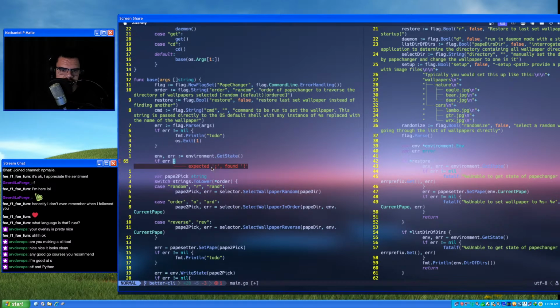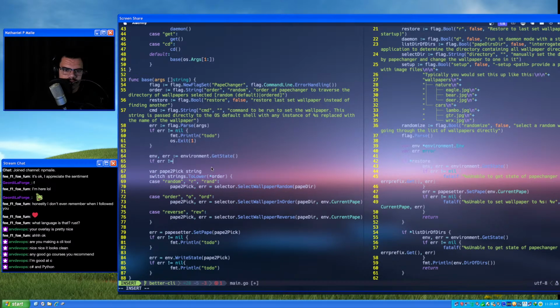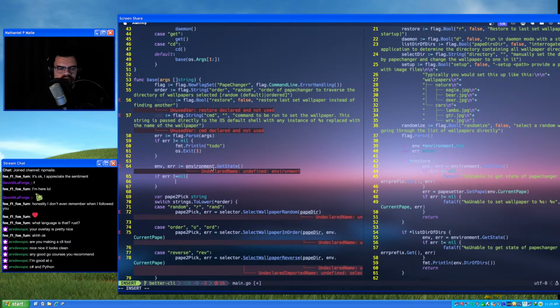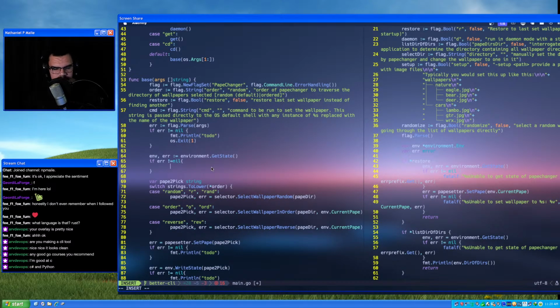If the error is not equal to nil, we'll probably want to say something along the lines of, let's see, if the error is not equal to nil, then we'll just do that one again.